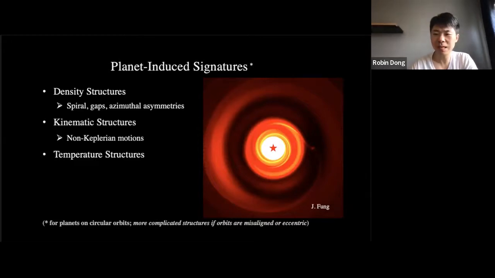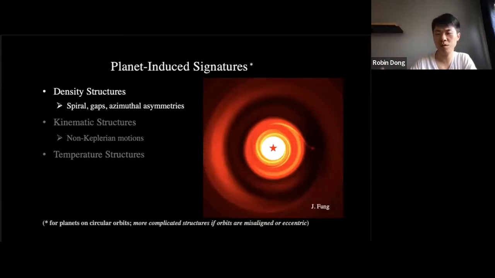In the simplest case, let's say we have one planet on a circular and coplanar orbit, we may expect to see at least 3 structures. They're density structures, kinematic structures, and temperature structures. So in the next few slides, I'm going to explain those signatures and compare observed disk structures with simulation. So first, density structures. As we already saw in the movie, a planet can produce spiral arms, gaps, and azimuthal